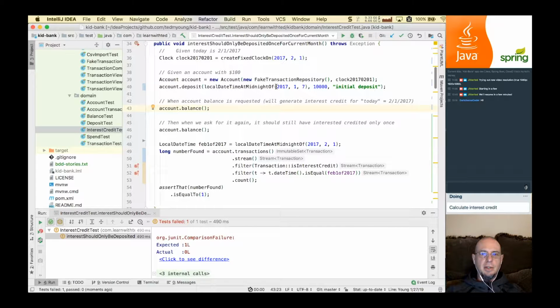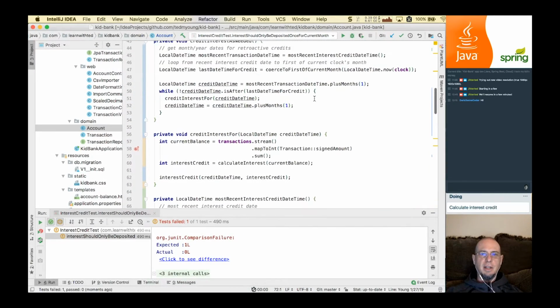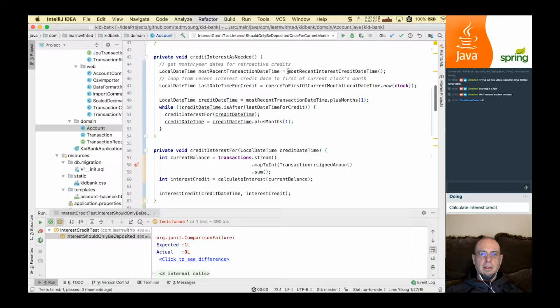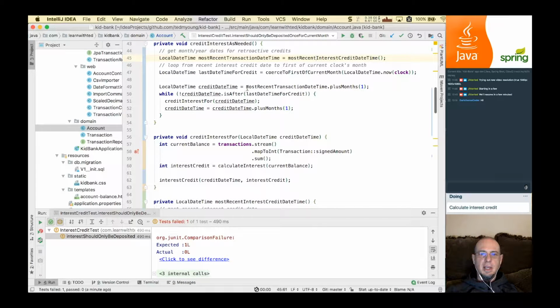So I think what's happening is it's looking at the first transaction, it's adding 1. Right, so we're basically starting at the wrong point. Right, so most recent interest credit date time, we're basically saying we're going to start there but plus 1 month. So if the most recent credit interest date time, if there's already an interest credited, then we're good. The problem is when we're trying to detect whether